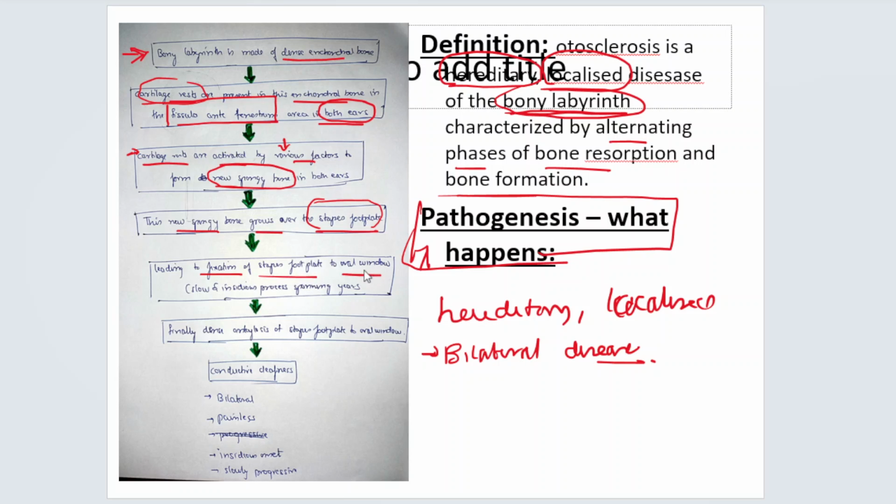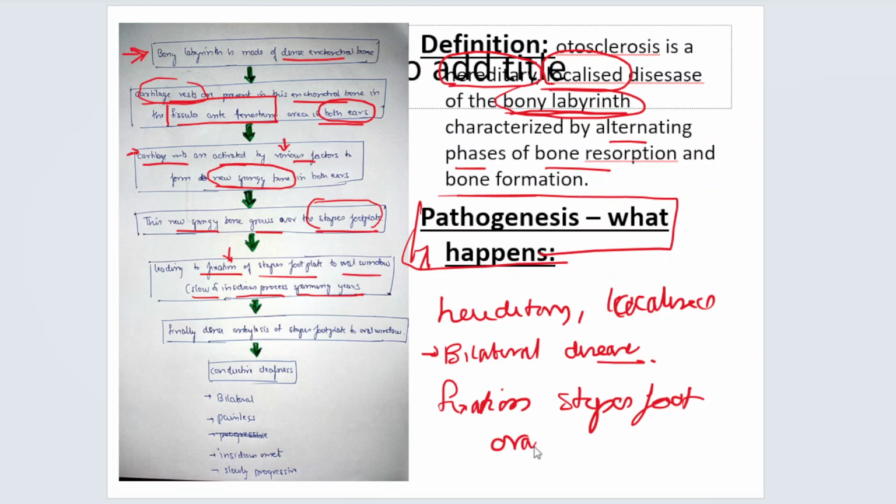to the oval window. This is a very slow and insidiously progressing process which spans many years. So there is formation of new spongy bone going onto the stapes footplate and finally causing the stapes footplate to get fixed onto the oval window. So there is fixation of the stapes footplate